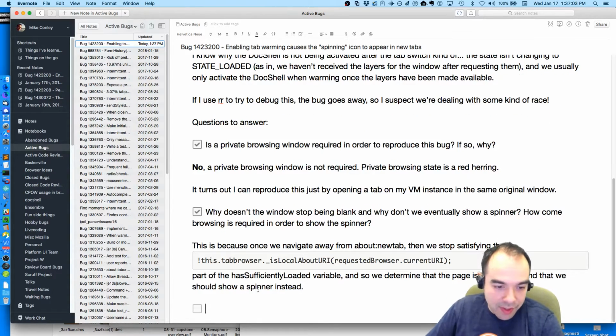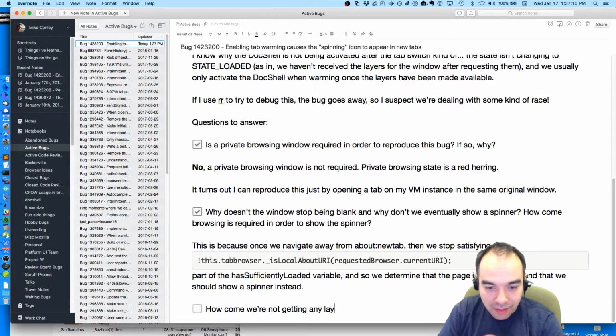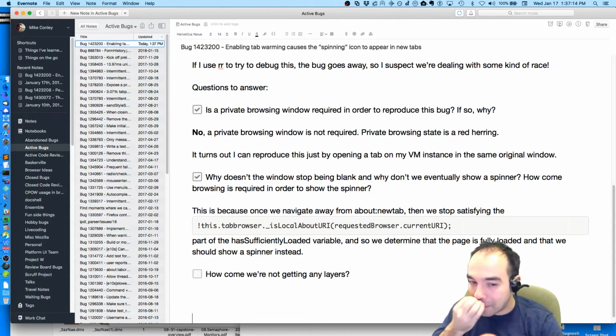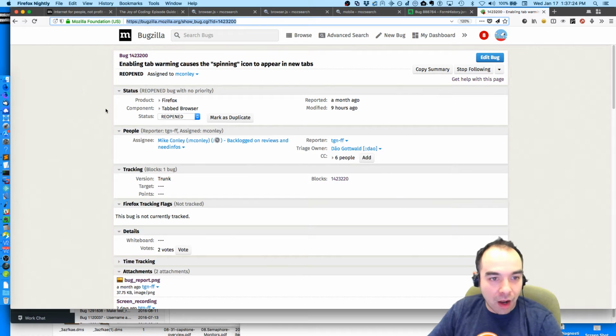So then the next question is, how come we're not getting any layers? So I guess this all comes down to painting. Did we actually paint? Like at a deep level, do we paint and do we upload layers is the question.